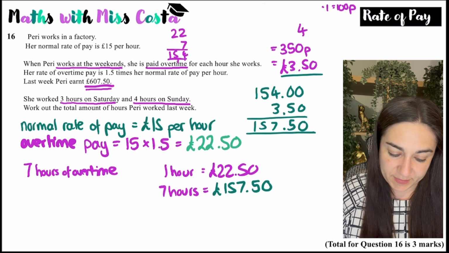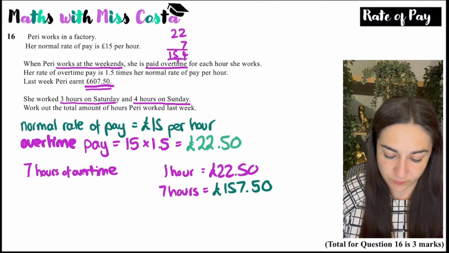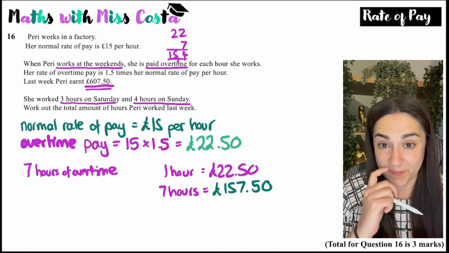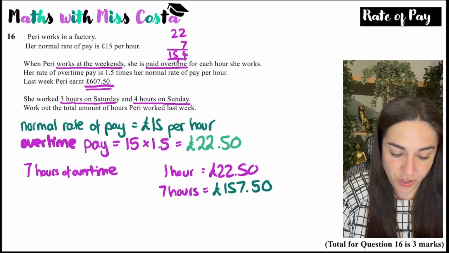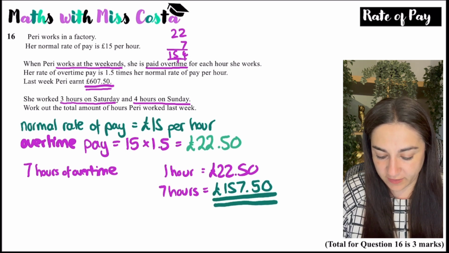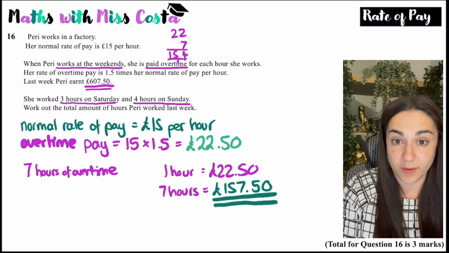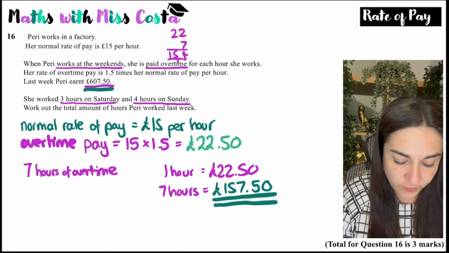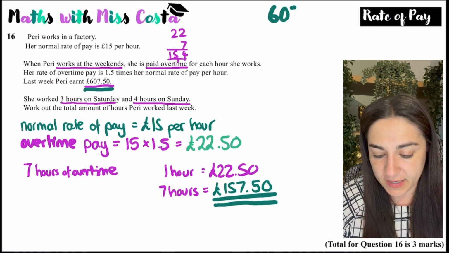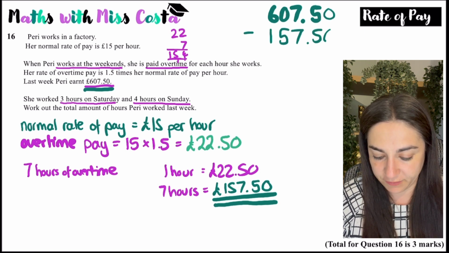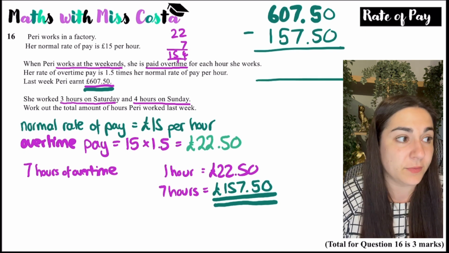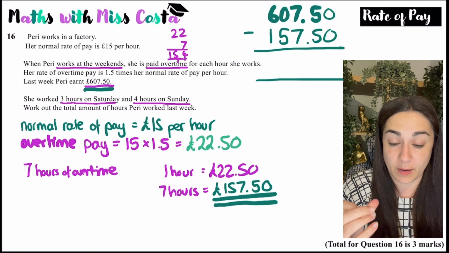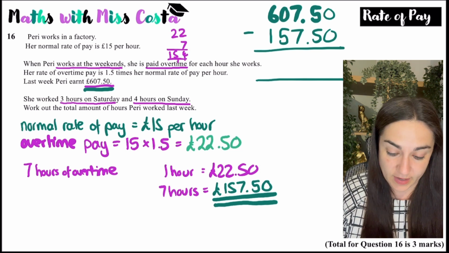So the question's asking me to work out the total amount of hours Perry worked last week. Well, I know that she worked 7 hours of overtime, and I know that that would mean she got paid £157.50 for those overtime hours. And I know that in total she earned £607.50. So if I did £607.50, take away £157.50, that would give me the difference, the remaining amount, and what's remaining